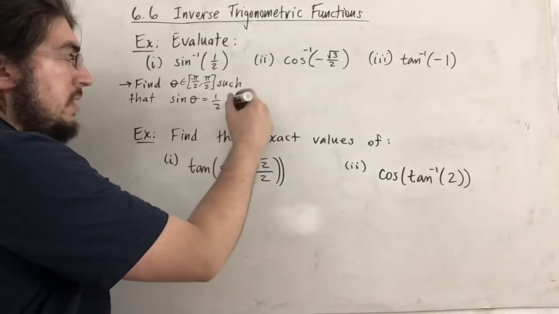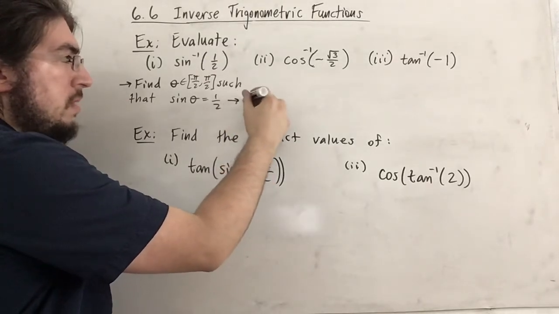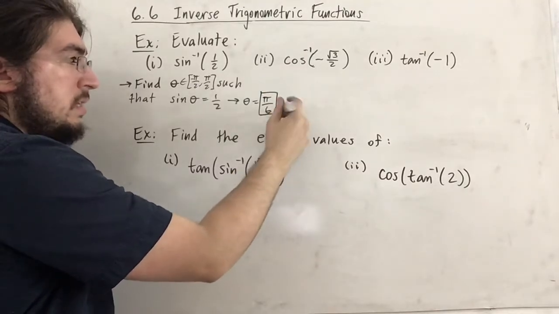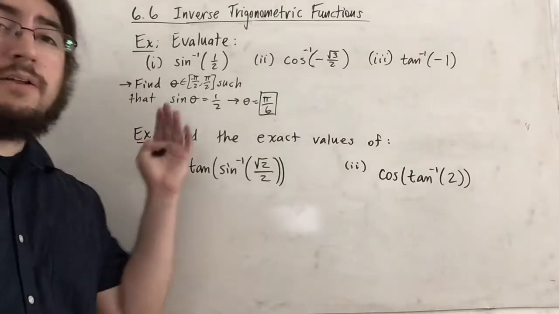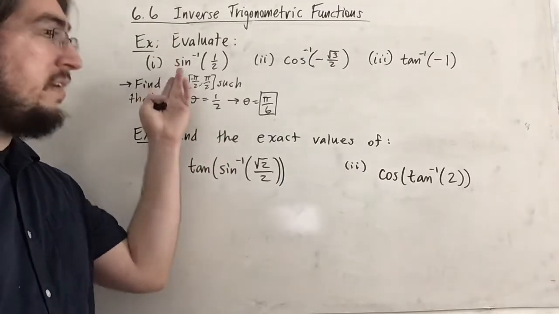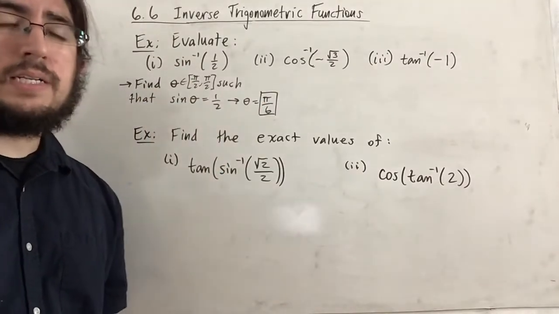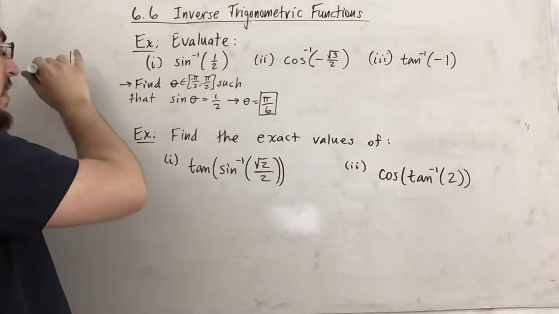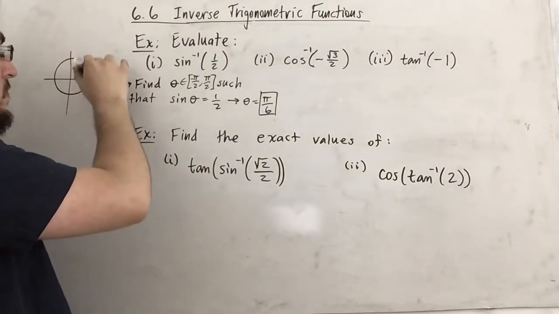Sine is 1/2 when theta is equal to pi over 6. So as it turns out, our answer is actually pi over 6. This makes sense because sine of pi over 6 is 1/2, so sine inverse of 1/2 must be pi over 6. Another thing to consider, and very often people do this actually, is